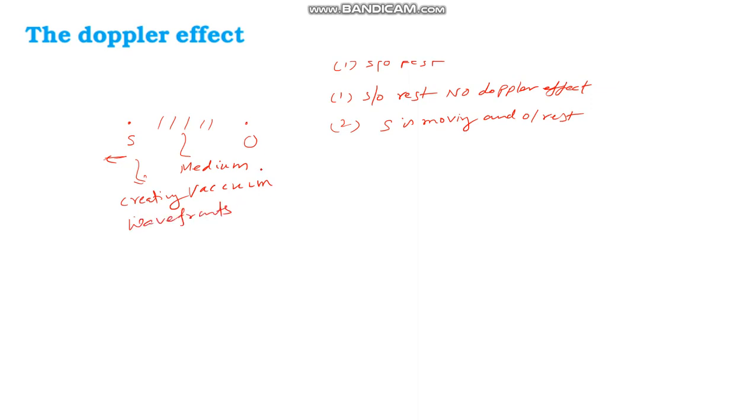Now what happens when the source is here, it will take some time from here to reach the observer O. When the source is moving away, let us say this position is A, now it moves to position B. What will happen? The time will increase. Time and frequency have an inverse proportionality. If the time is increasing, what will happen? The frequency of the light emitted by the source will be dropping. If it is at rest, we don't study the Doppler effect.